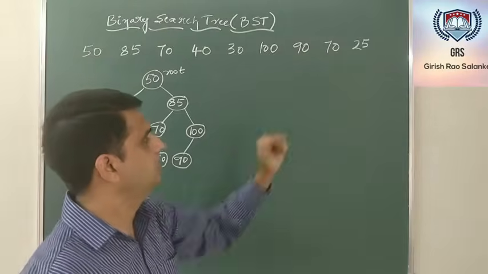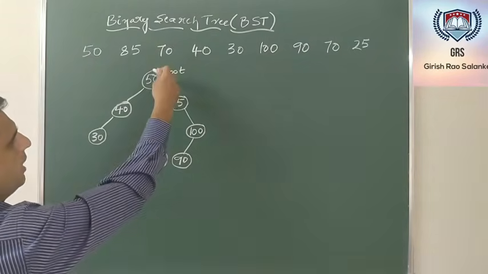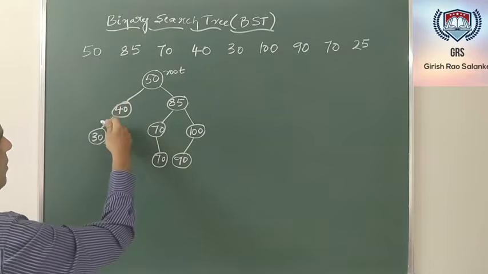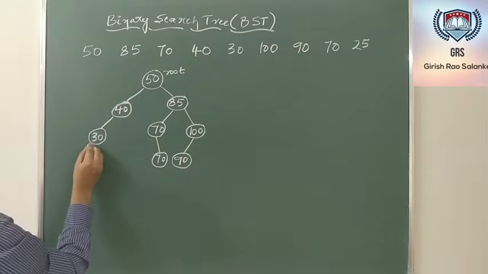Next. Last key is 25. Compare 25 with 50. Less. Compare 25 with 40. Less. Compare 25 with 30. Less. So it has to be the